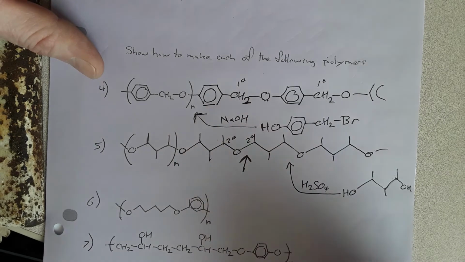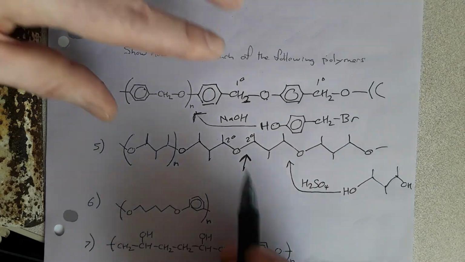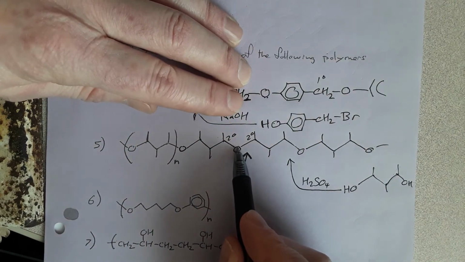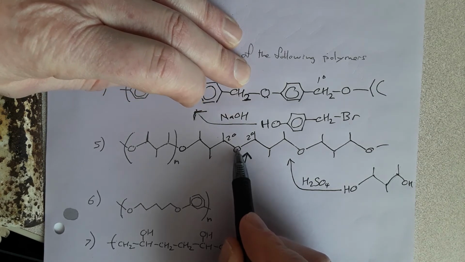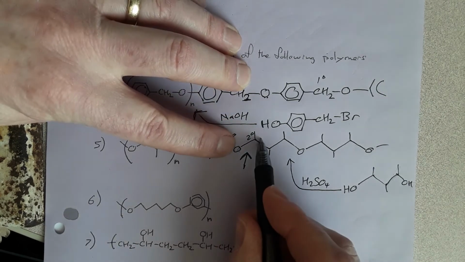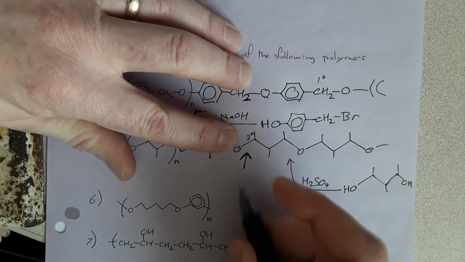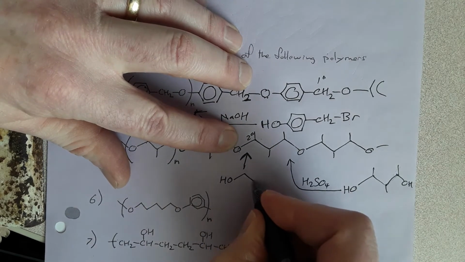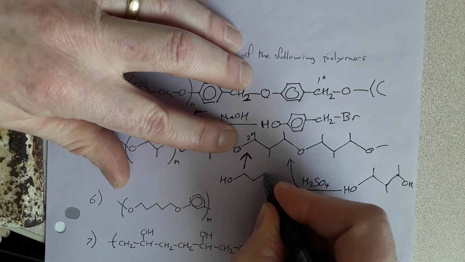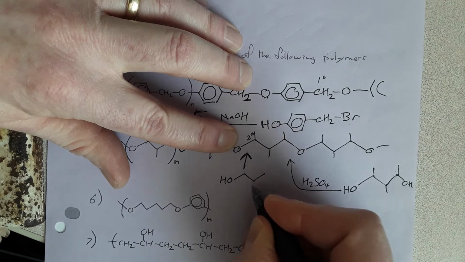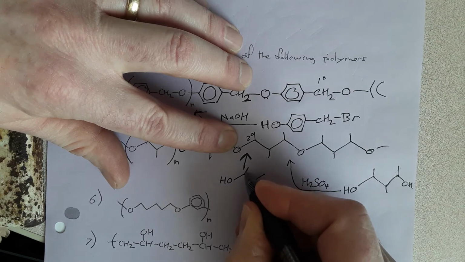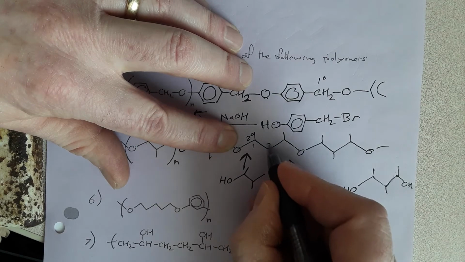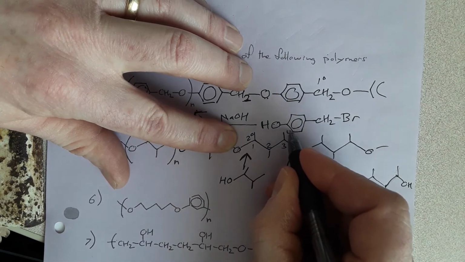alkoxymercuration-demercuration, which would mean that you'd have an alcohol on one end of the molecule and then an alkene on the other end of the molecule. So if we did that, let's start here and go this direction. If this was the alcohol, then we'd have OH, 1, 2, 3, and here's a methyl group here and a methyl group there. And so if we're numbering this 1, 2, 3, then this would be carbon 4,